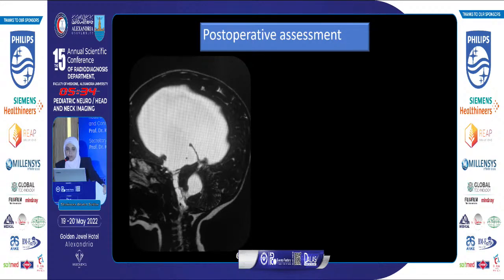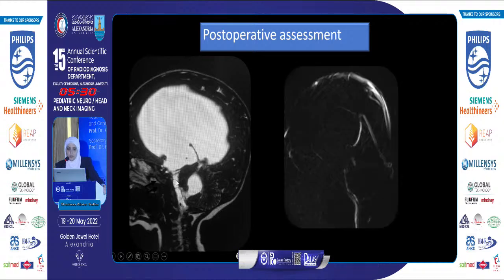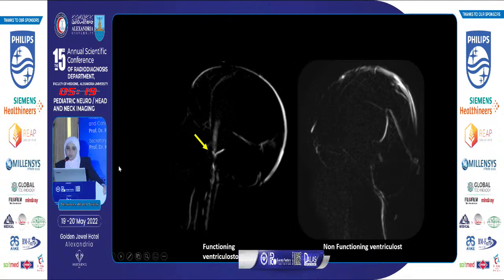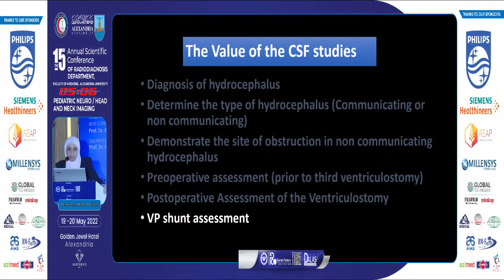Again, in the post-op assessment, we can see here there are pre-pontine adhesions with no flow in the phase contrast image. This means the patient failed third ventriculostomy. So these are the two cases, one with a functioning ventriculostomy, and this one, no flow in the floor of the third ventricle and no flow. This means failure of third ventriculostomy. The last part,